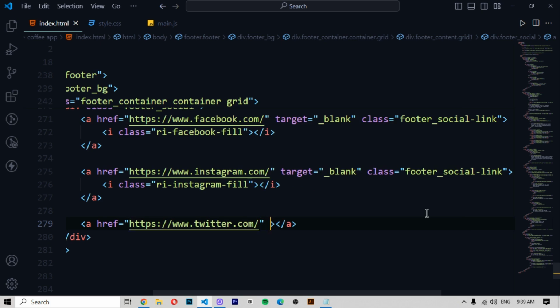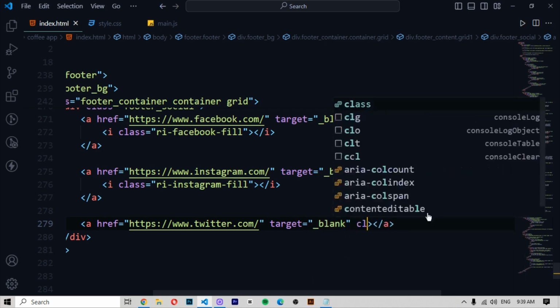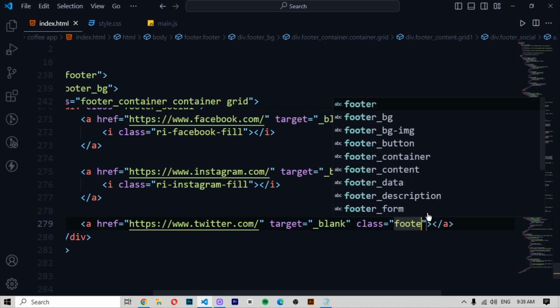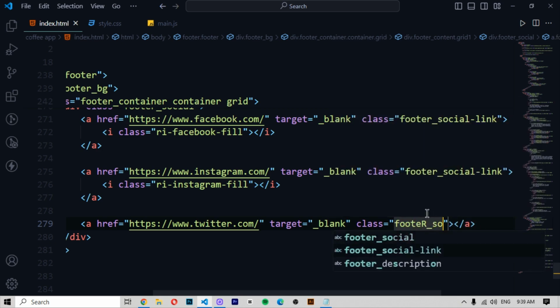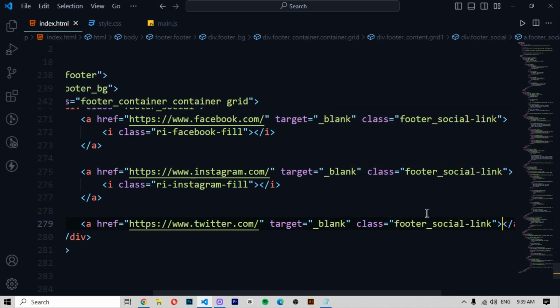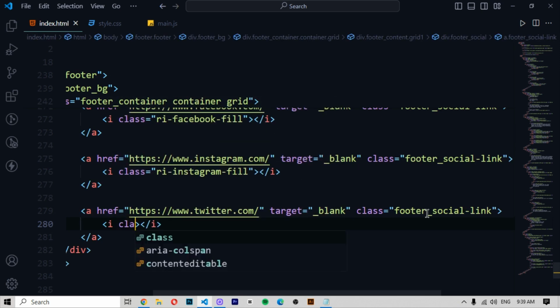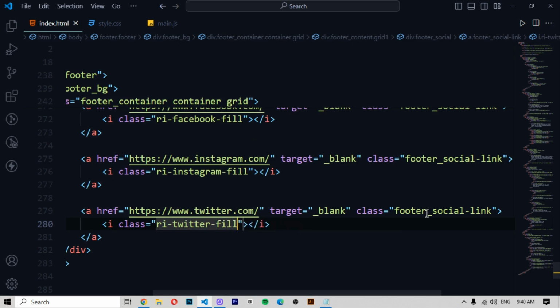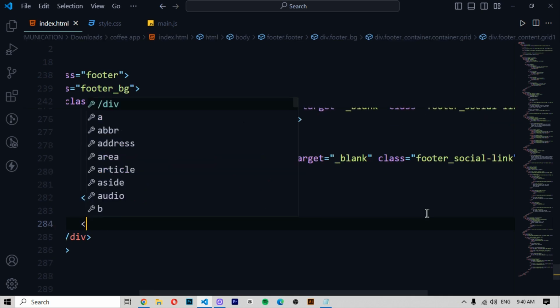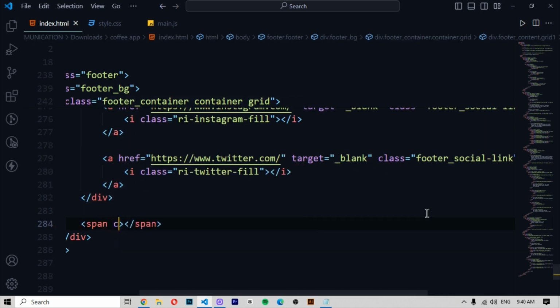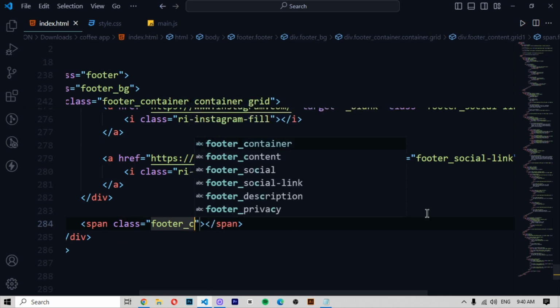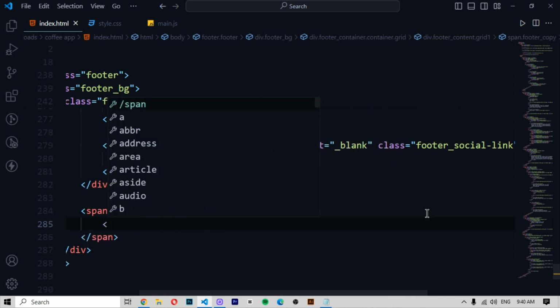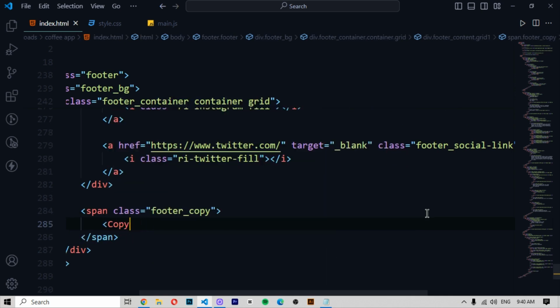Then here you write like target blank, and then class, here you write like footer social link, and then i class ri slash twitter slash fill. Now enter span class footer copy, enter, then copyright,